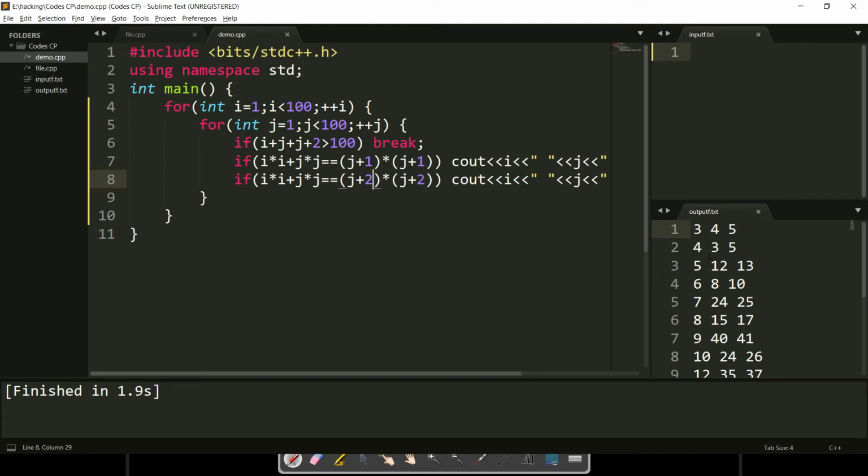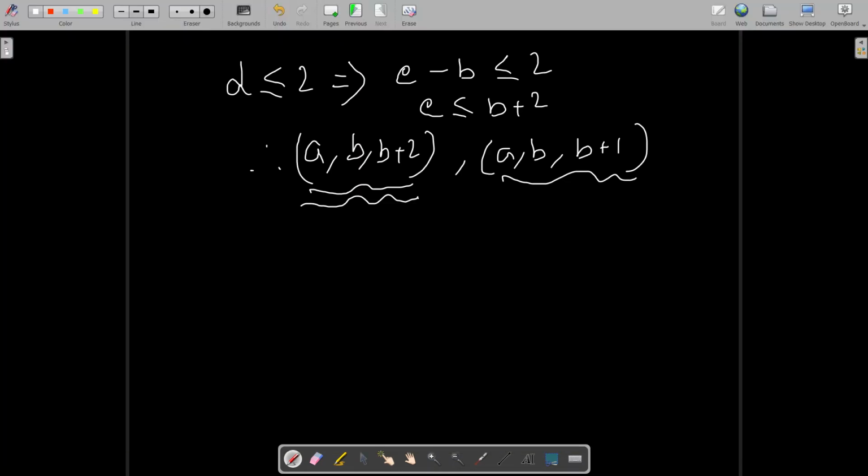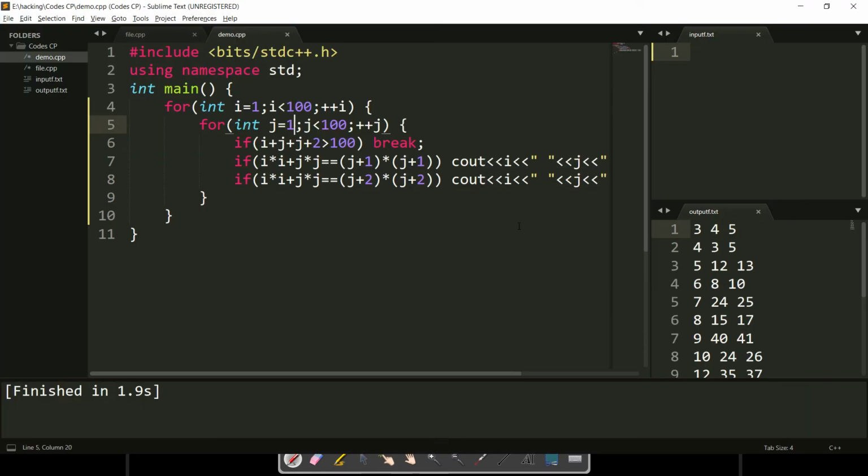A few of them are overlapping, but we need to mention the condition that we must have. Here we had that a is less than b is less than c, right? So b must be greater than a. To filter out that condition, we cannot loop j from 1, so we can instead do it from a plus 1. So if i is our a, then j starts from a plus 1 always, and then the computer checks. And yeah, we have these pairs.